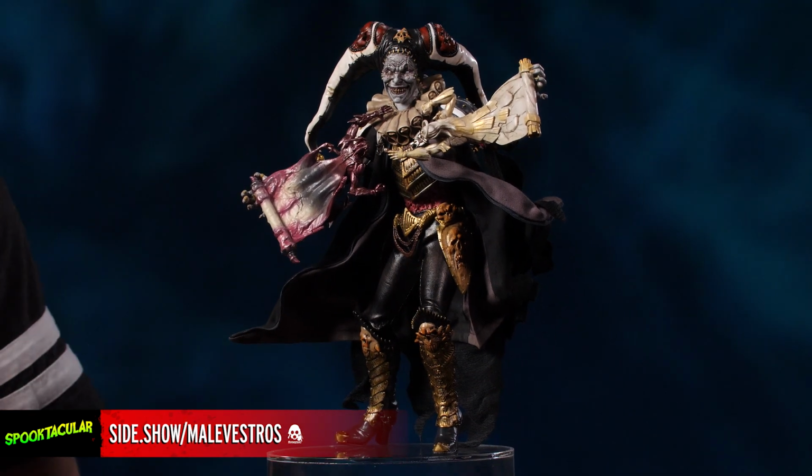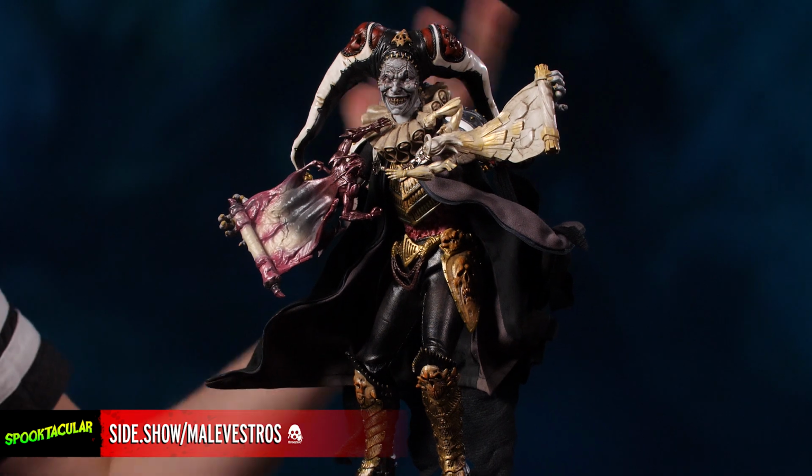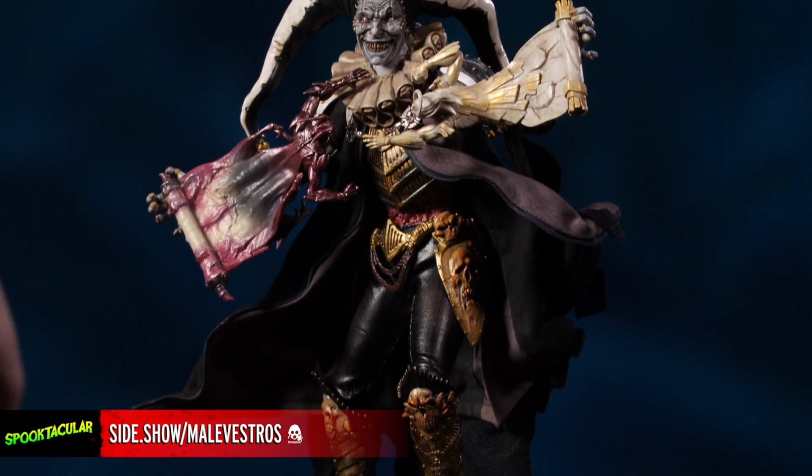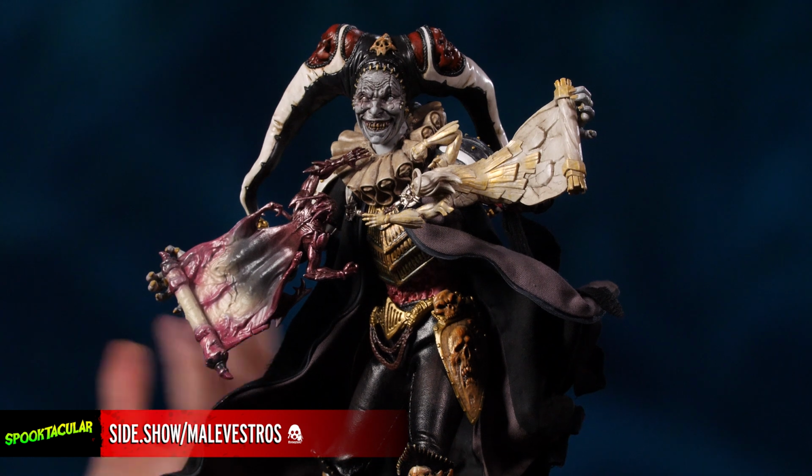Settle in and we'll tell you the story of Death's Chronicler Fool. This is Malevestros, the 6 scale figure by 3-0, and he is in charge of telling the tale of Death's incredible rebellion. So we're gonna jump right in and tell you this guy's tale and let you know all that he comes with. Now this piece has over 22 points of articulation and lots of fabulous detail,